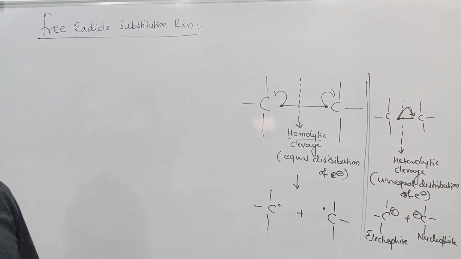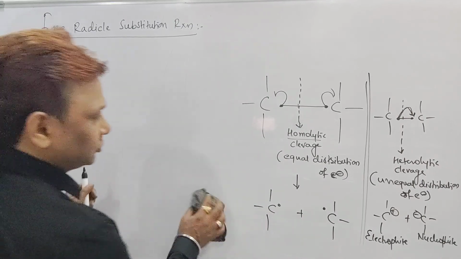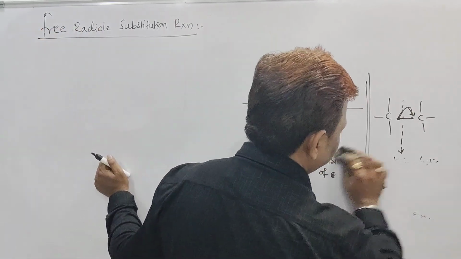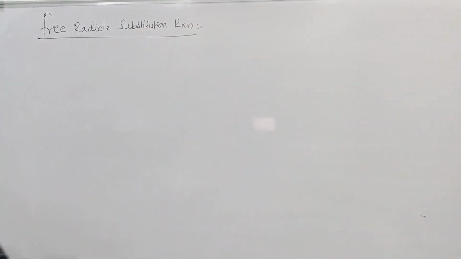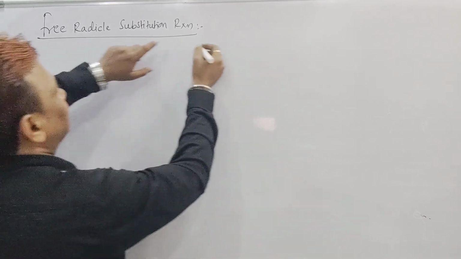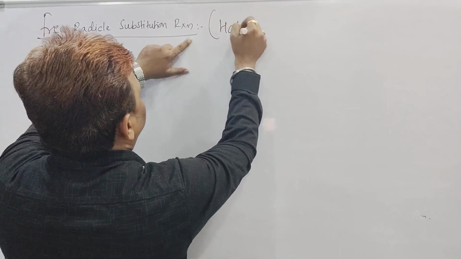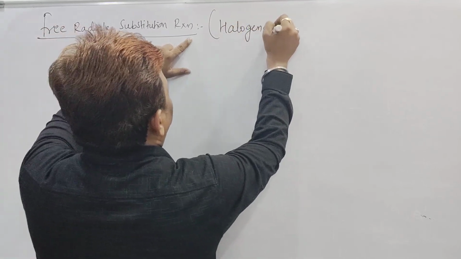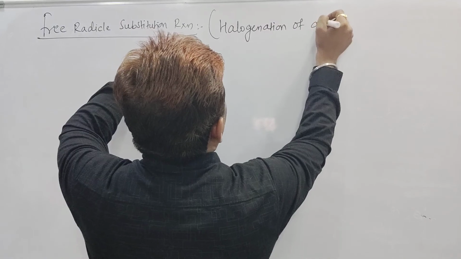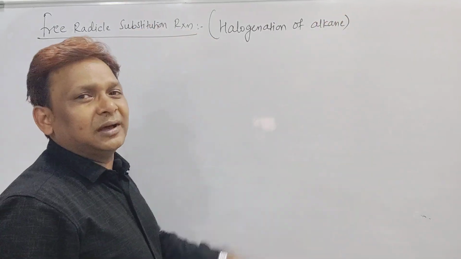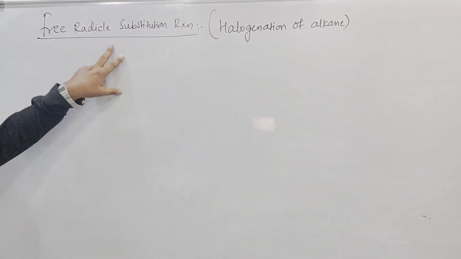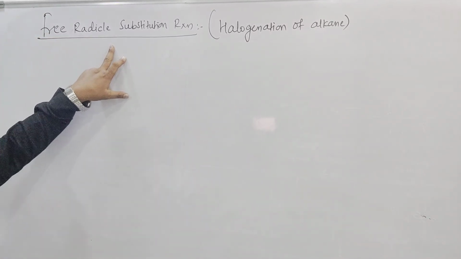Now we are going to discuss the FR mechanism, right? But what is the FR mechanism and how is the FR going to form here? Chalo, I want to show you now. In this free radical mechanism, beta, the one best example which was given in our NCERT also is halogenation of alkane. Beta, what is halogenation of alkane? Do you know? Addition of halogen to the alkane is an example of the FR mechanism, or free radical mechanism.